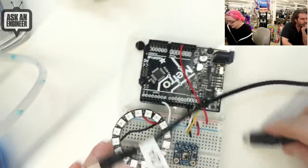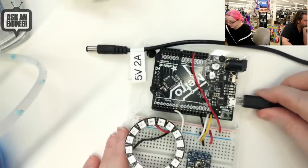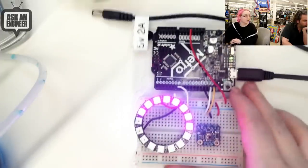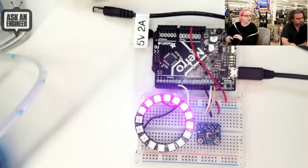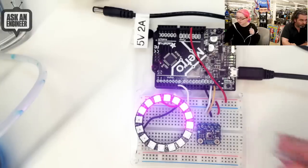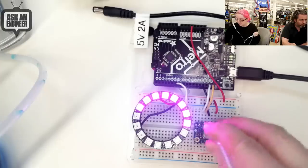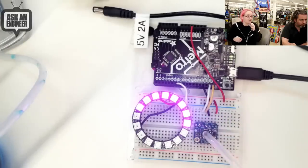I've got a little demo I can show to demonstrate this. So this time I've got the MPRLS hooked up to my Metro, and then I've got some NeoPixels, and I just have it mapping from 0 to 25. It's from 10 to 16 psi or something. So I can take this tubing. You just get some tubing, and you can see, you can plug that in, and if I blow,